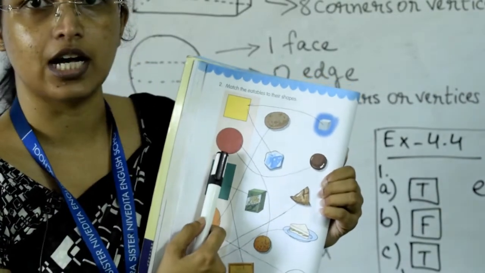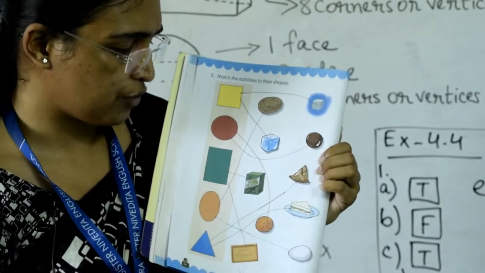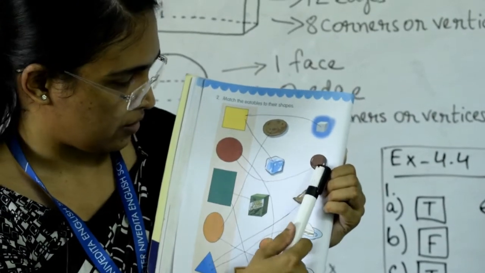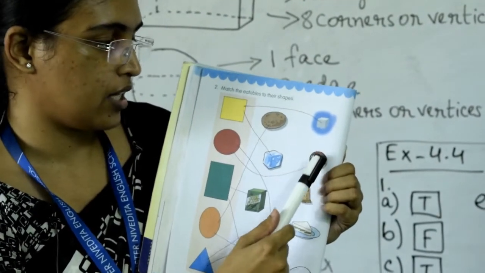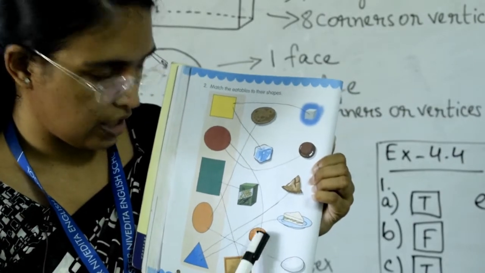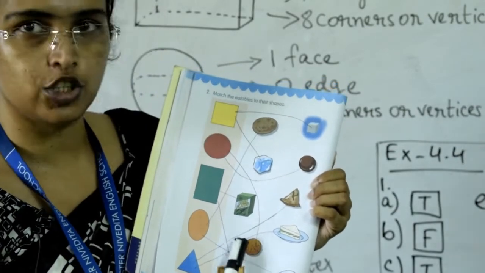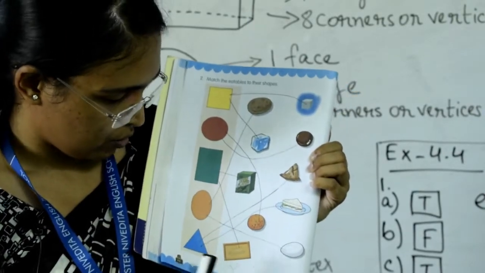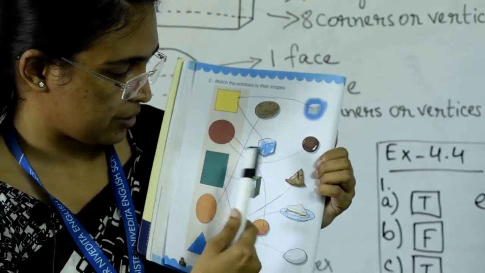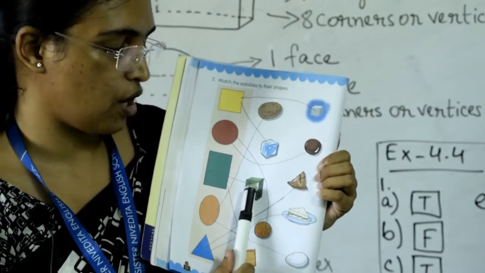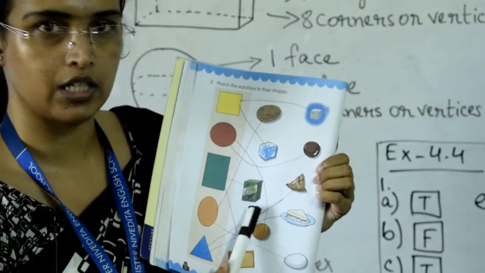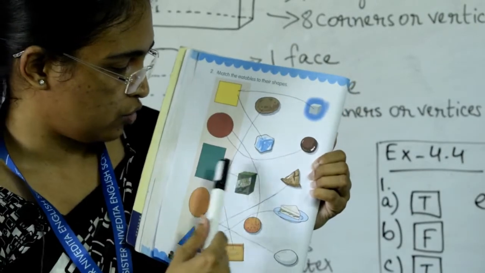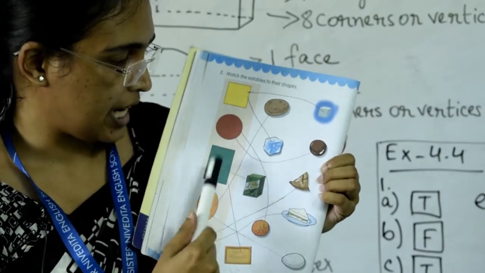Then what is this? This is a circle. Now we have to find out circle shapes, eatable things from this picture. Now this one, this is a candy. It looks like a circle, and this laddu is also a circle shape. So draw, match these two. Then this is rectangle shape. Which are rectangle shape eatable things from this picture? Yes, this cornflakes box is a rectangle shape, and this biscuit is also a rectangle shape. So you have to match this with rectangle.